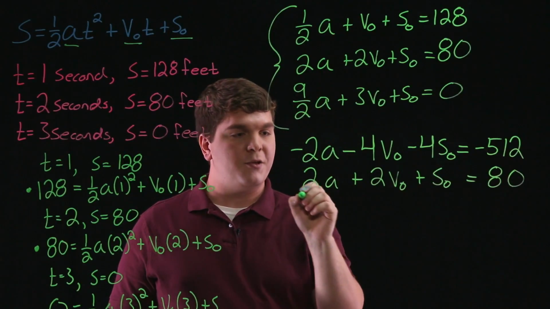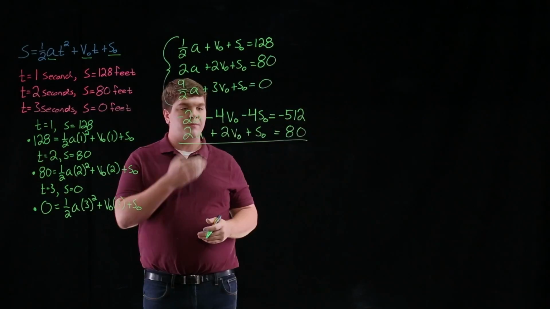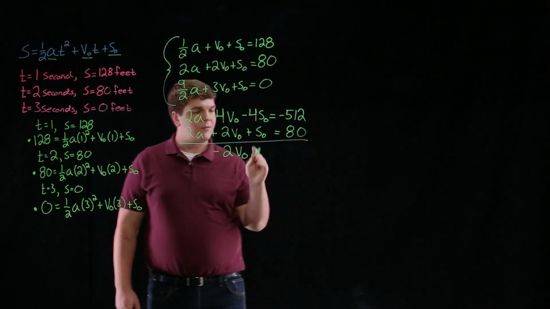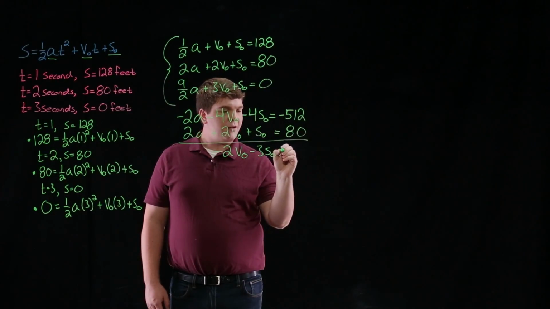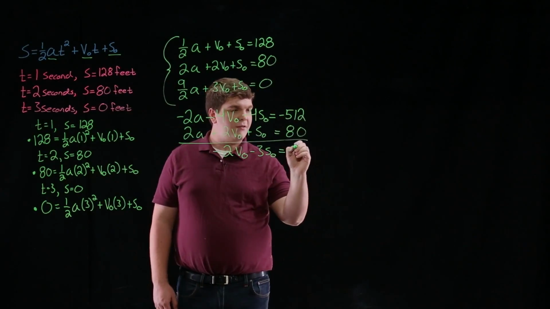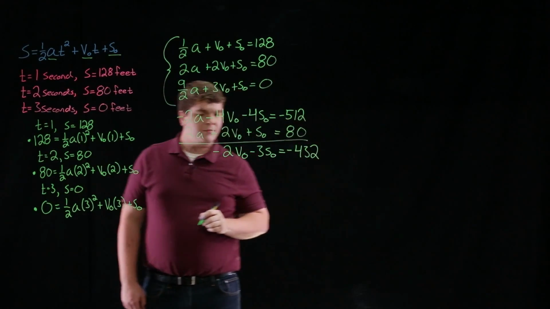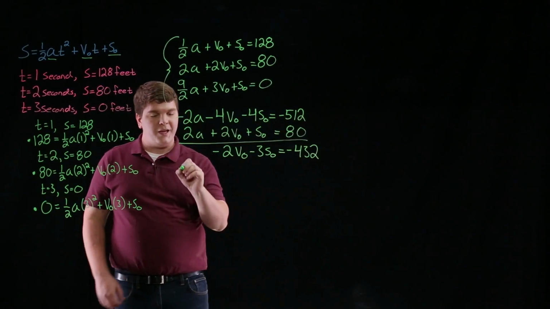So here we can add these 2 rows. We'll have 0a minus 2v naught minus 3s naught is equal to -432. So we can substitute this back into our second row, and we'll obtain the system